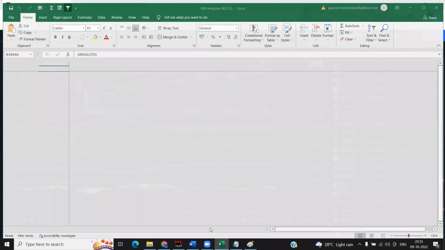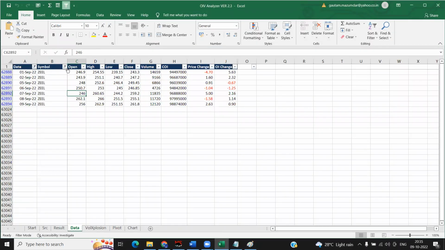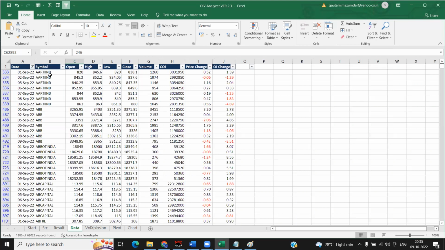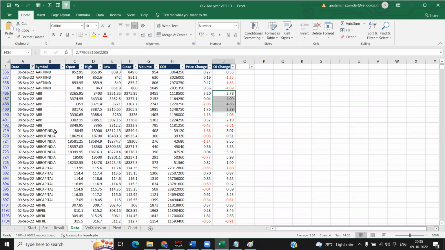And regarding using, here it is. My data is updated till 9th. There are several ways of doing it. That is, I click all the shares. All the shares come one by one. Are you getting an increase in open interest? No, I'm not interested. ABB, are you getting increase in open interest? Well, some increase was there, and we have to obviously see the previous days. Likewise, go to Abbott. Are you getting an open interest increase here? Yes. Now I'll check. Here there is a continuous increase, you see?